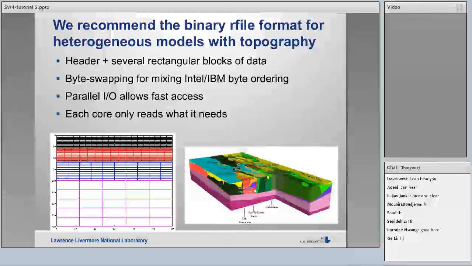So we're very proud of our most recent material command, which is called rfile. And rfile is a binary file that is ideally suited for complicated heterogeneous material models with topography. So essentially, this is just a raster file. It's a header and several rectangular blocks of data. And we support byte swapping. So you can, for instance, build this model on an Intel-based machine and then use it on your IBM supercomputer